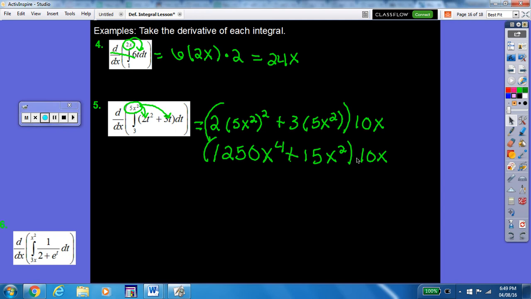And now I'm just going to multiply it by 10, and that adds a 0 to every coefficient. So 12500 x to the 4th plus 150. And I want to go ahead and say this is going to end up being 5th power because of the x that we're multiplying. And then that's it. So again, you plug in your boundary and multiply by the derivative of that boundary and you're set. We're going to do one more,